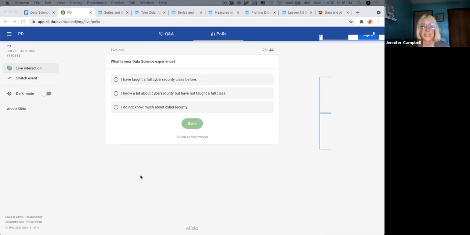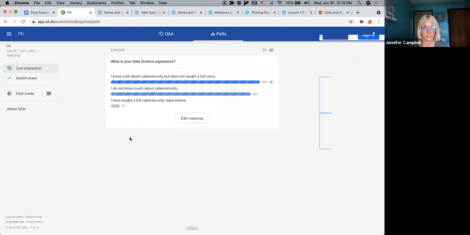So have you taught a full data science class? Do you know a little bit about data science, or do you not know much? I'll pick the middle one just so we can see our answers. Okay, cool. So this is basically split down the middle, which makes sense because it's kind of a new entity,